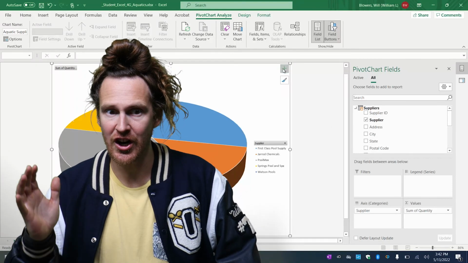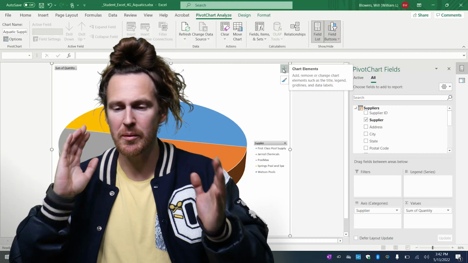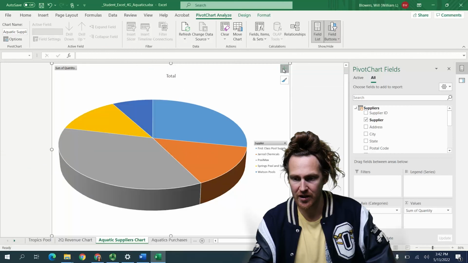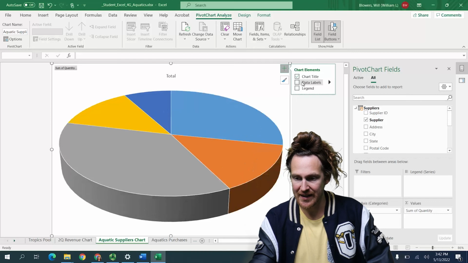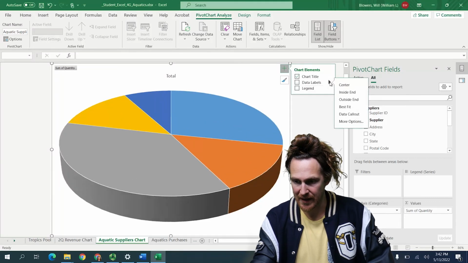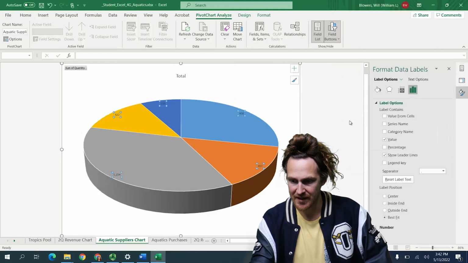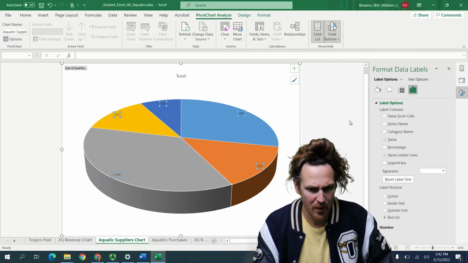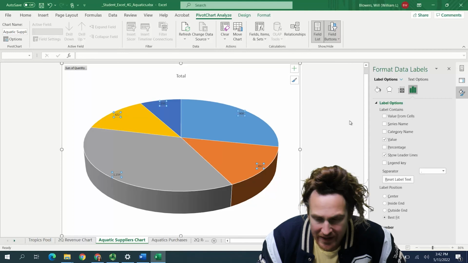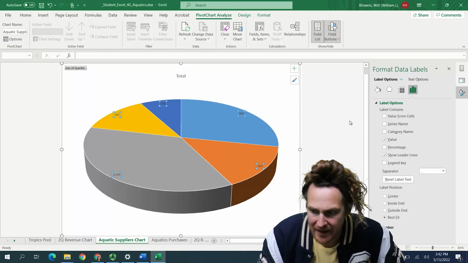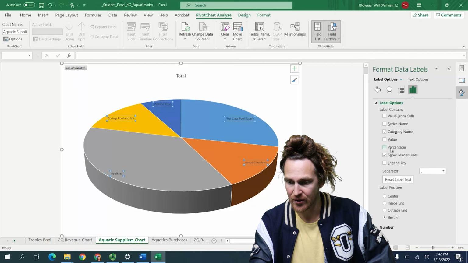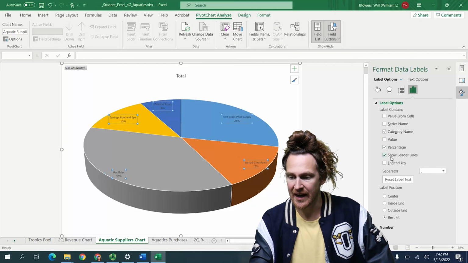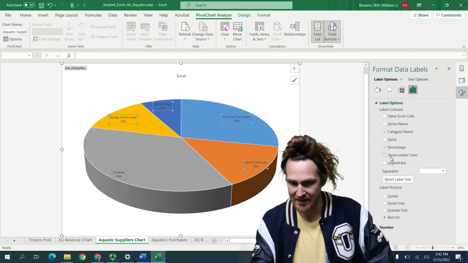Let's remove the legend. So again, we've got our Chart Elements button right up here, and we'll go between steps 13 and 14. Click on Chart Elements. We're going to uncheck Legend. Then on Data Labels, click on this drop down right here and go down to more options. Now, the only things that we want shown here are the category name and the percentage. So click category name, unclick value, click on percentage, and unclick show leader line